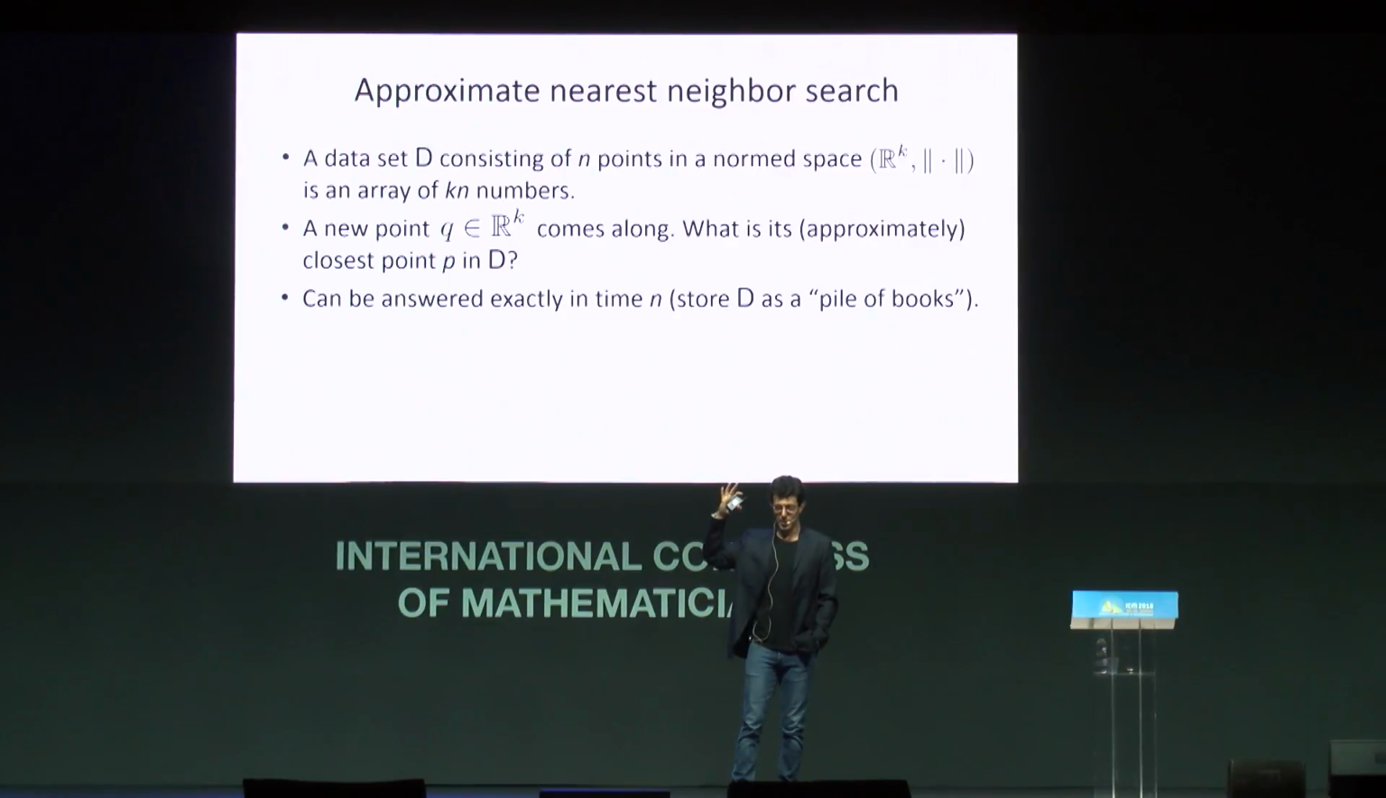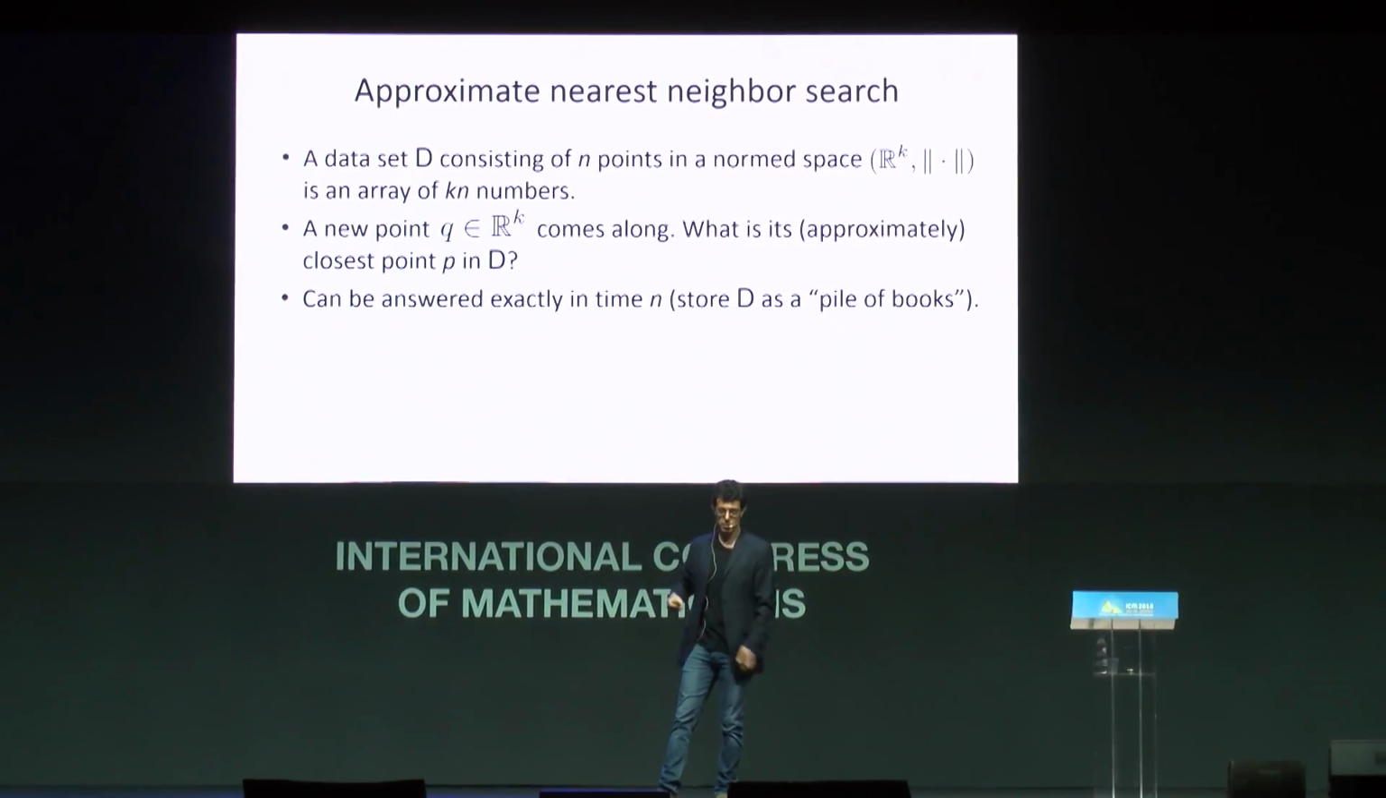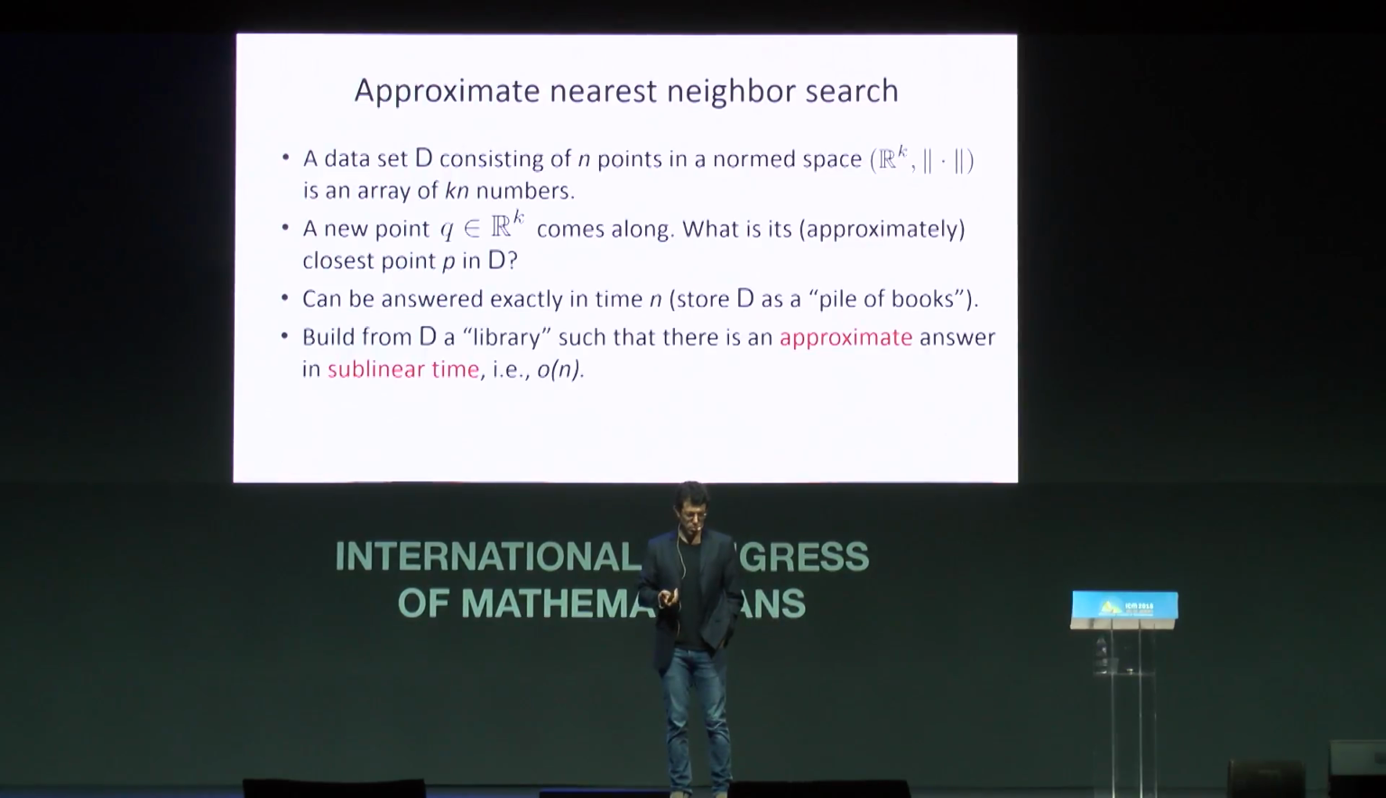If you store your points like an array of k n numbers, like a pile of books, then you can do this in time. And time for me is the number of distance computations. Let's just put aside issues. All of this is sorted out, but think of how many distances. So a new point comes along, compute the distance to each one of the n points. So the benchmark here: can we cleverly construct a library so that we can get an approximate answer, maybe not the nearest point, but something which is approximately the nearest point, in sublinear time,